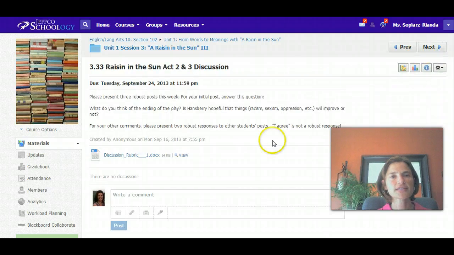The last thing you'll do in this session is post to the discussion board. You'll post 3 times. You'll make your initial post, and then you will provide 2 responses to students. Remember, in your responses to students, you want to be engaging. So go beyond a 1-sentence response of I agree or I disagree or I like your post.